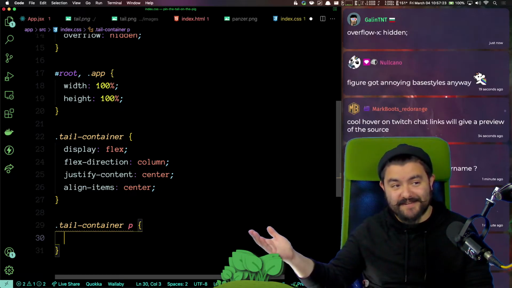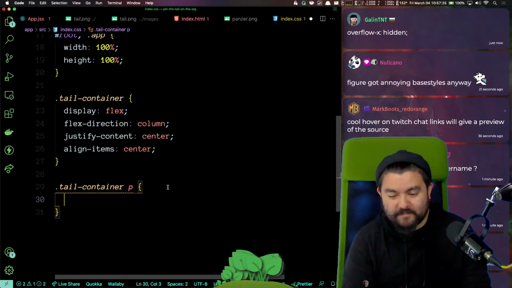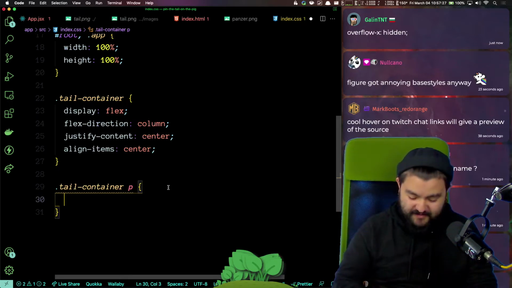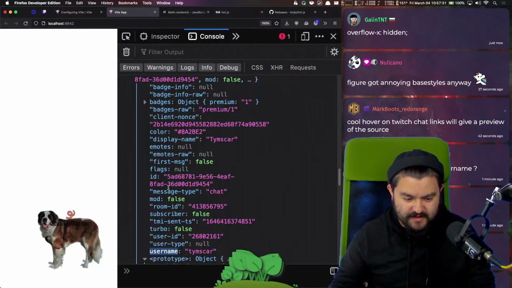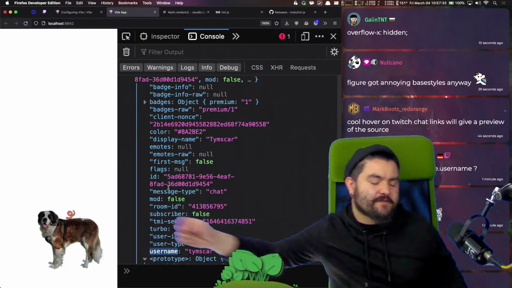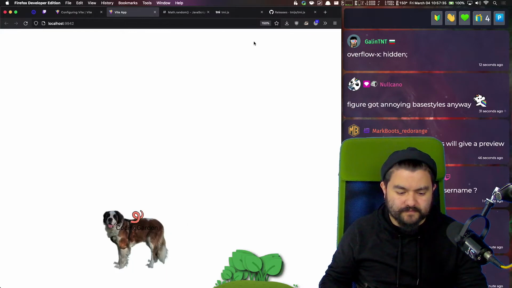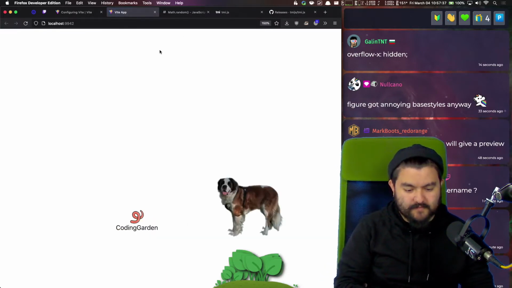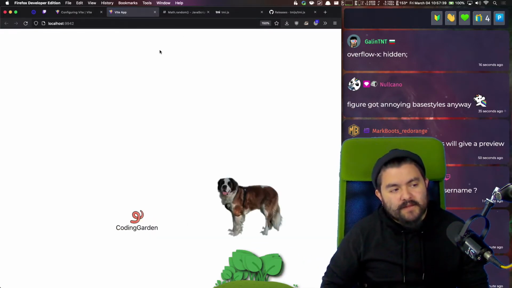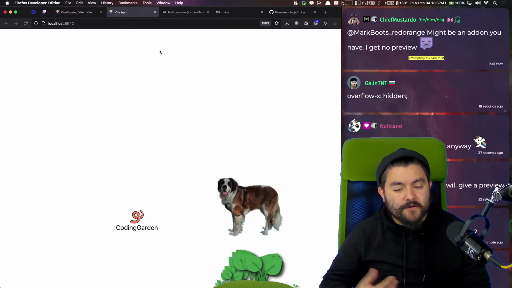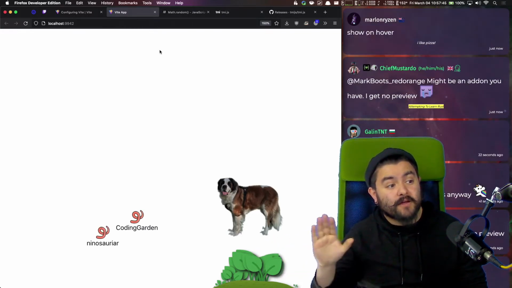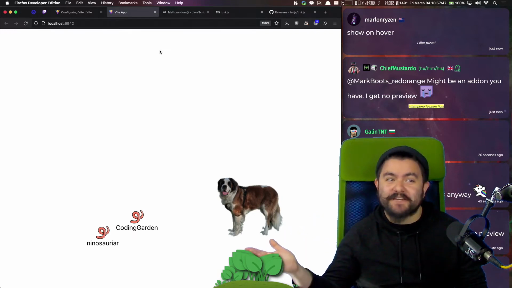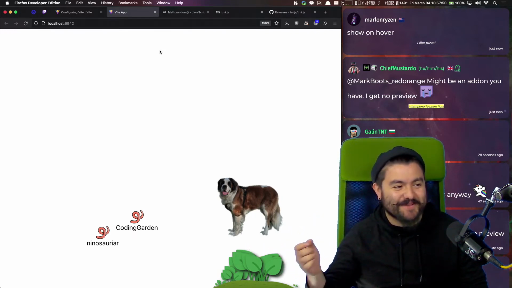I guess technically the paragraph tag here has some default margin. So if we do no margin, yeah, the name is now really, really close to the tail. Great. Now we always run into this issue where we actually want that, well, oh yeah, it's working. It's technically working. Yeah, you can pin right now. They'll show up on the page.